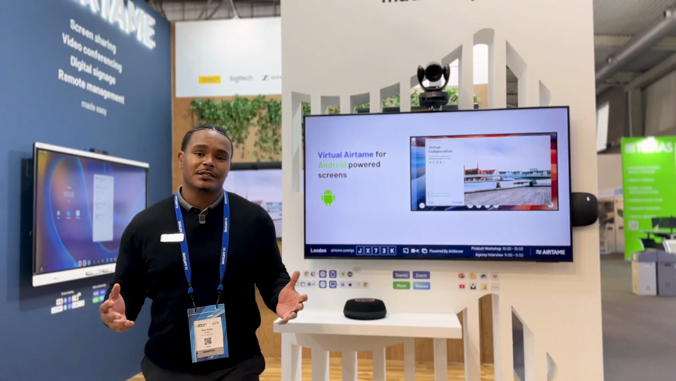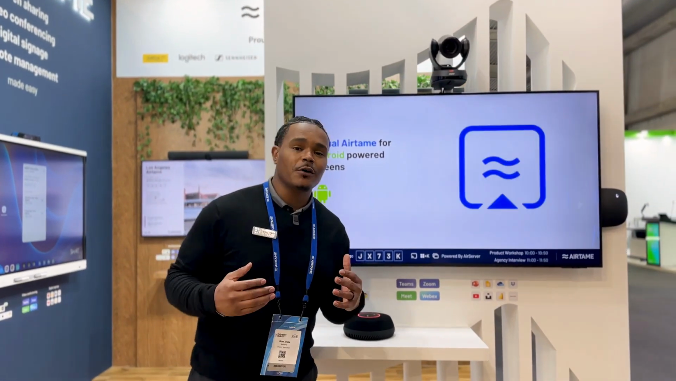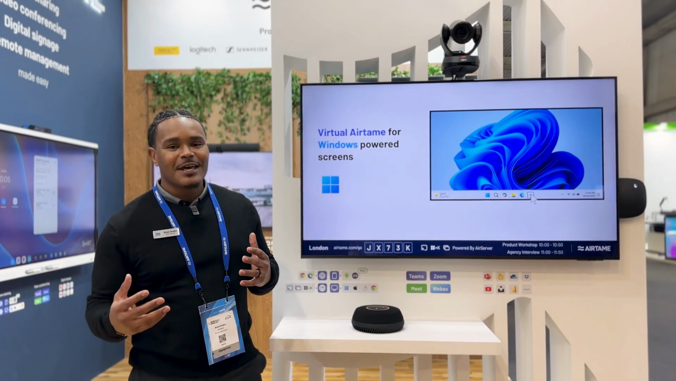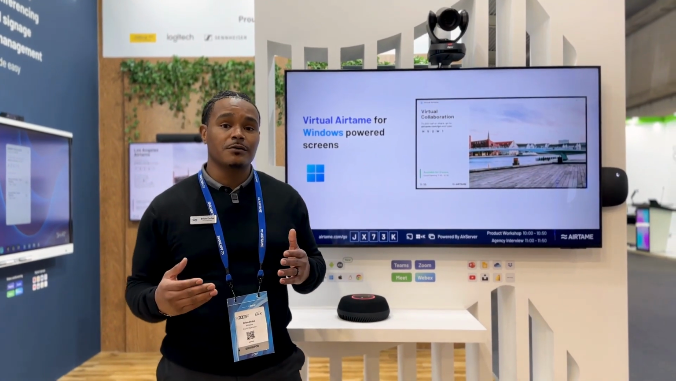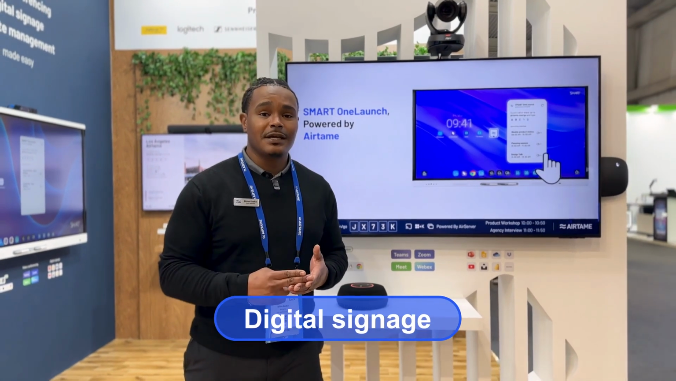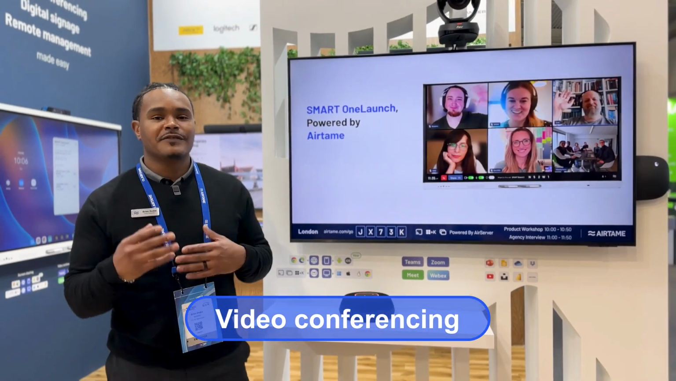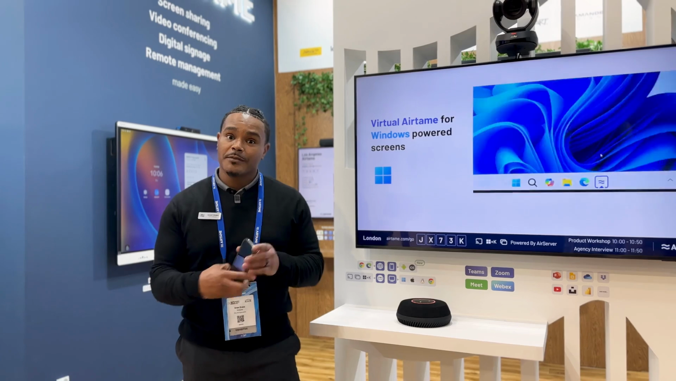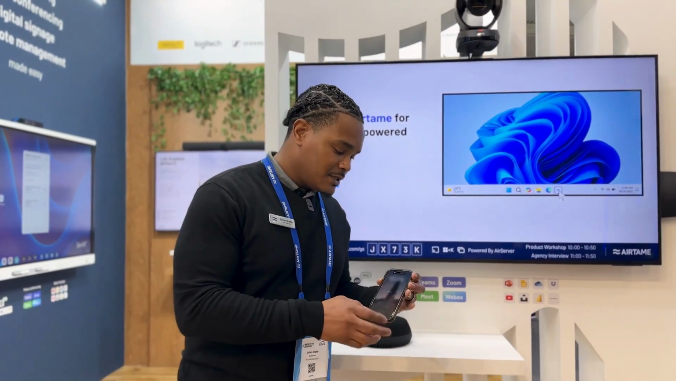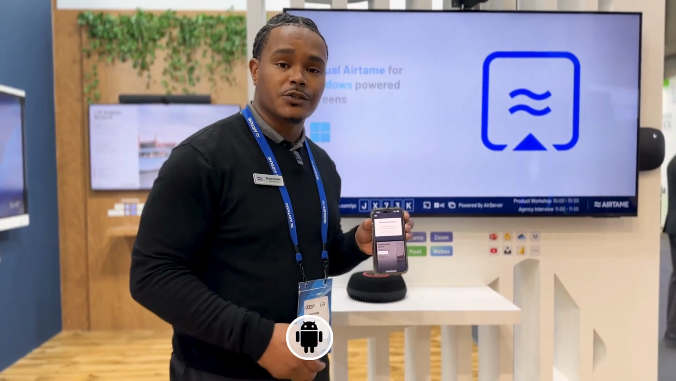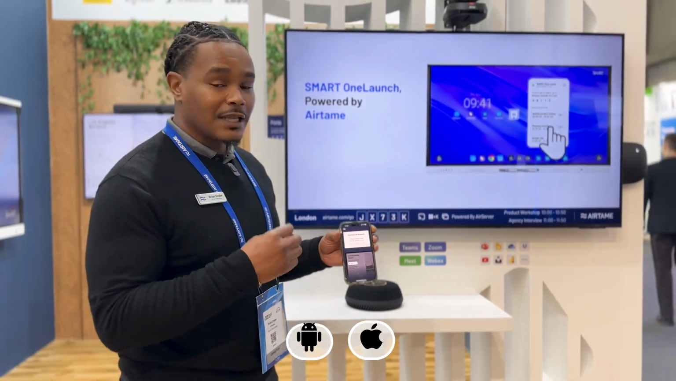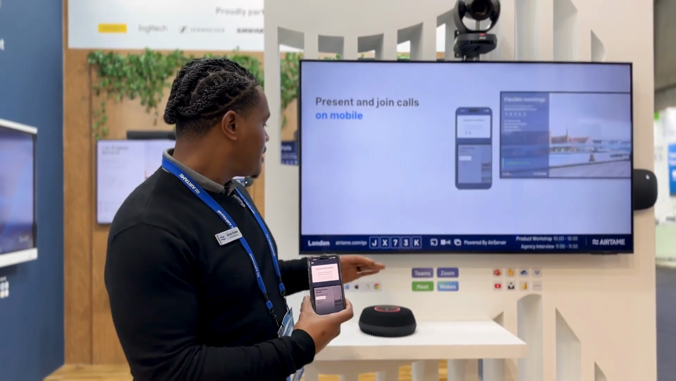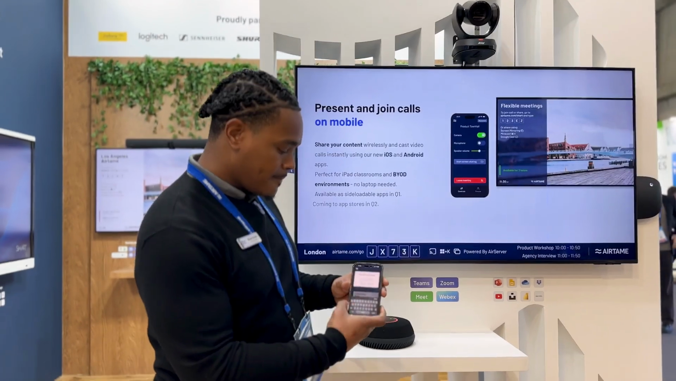So if you've been following Airtame for a while, you know that we are your single platform for shared screens, meaning that we can empower your screens to do screen sharing, digital signage, and video conferencing. But we've taken those efforts a step further with making it easier for any user to walk in and start a screen sharing session or a video conference now from your mobile device. What that means is that we have a brand new Android and iOS application that allows you to simply open up the app, type in the pairing code shown on the screen,